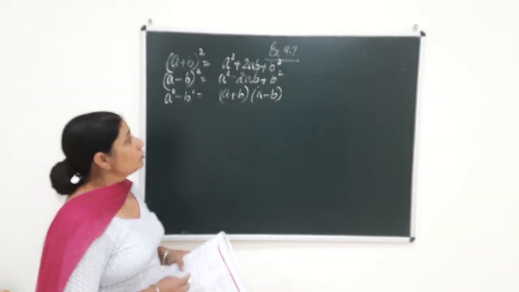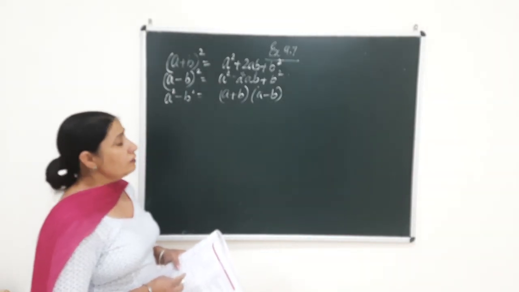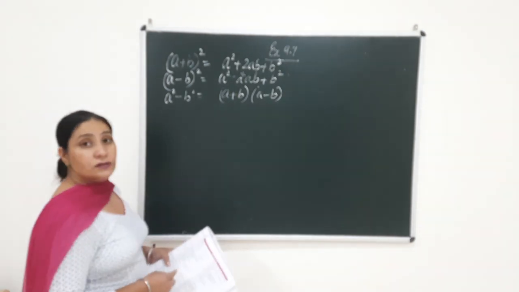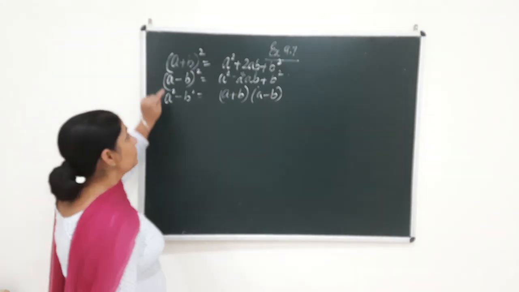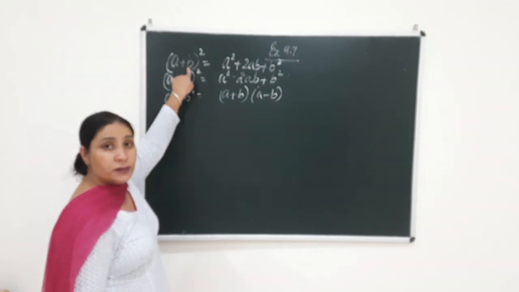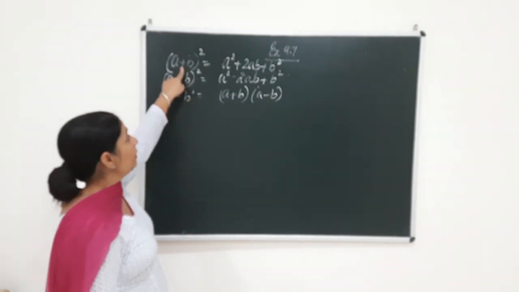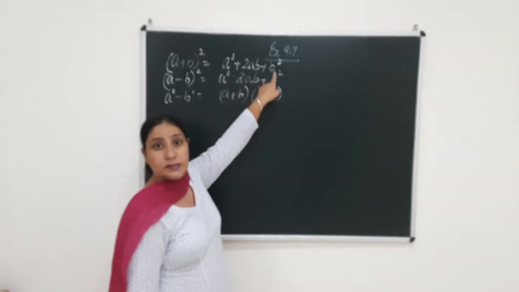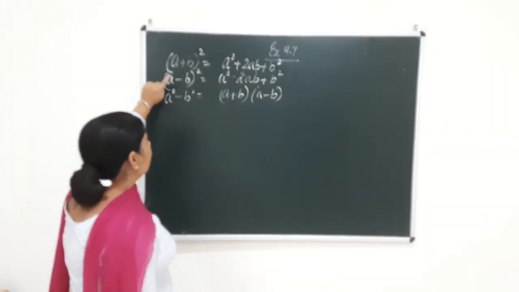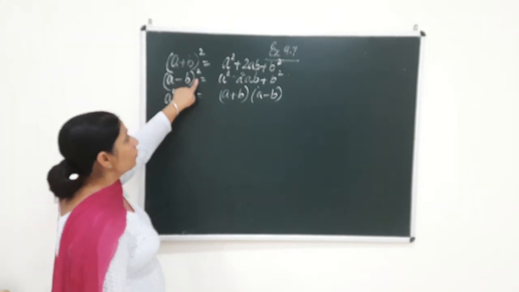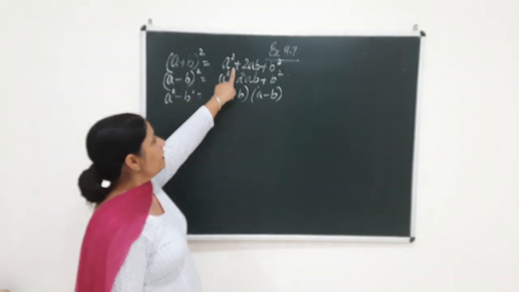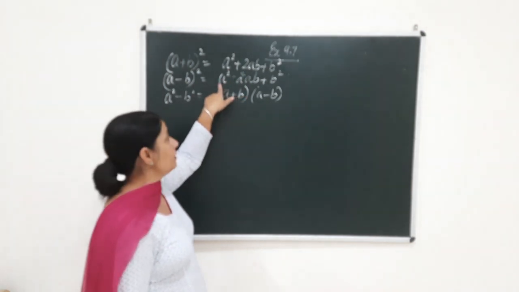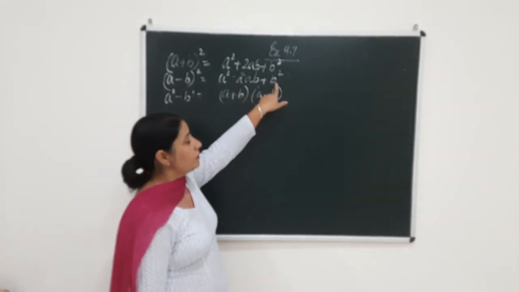So beta, now I am going to start with exercise 9.7, and as you can see on the blackboard, I have written three formulas. The first formula, beta, is (a plus b) the whole square. If I have got a and b with the plus sign in between them, then (a plus b) the whole square is equal to a square plus 2ab plus b square. Right? If I have got (a minus b) the whole square, then the plus sign will become minus 2ab and the rest of the identity is the same: a square minus 2ab plus b square.